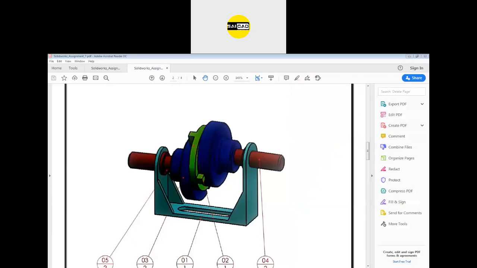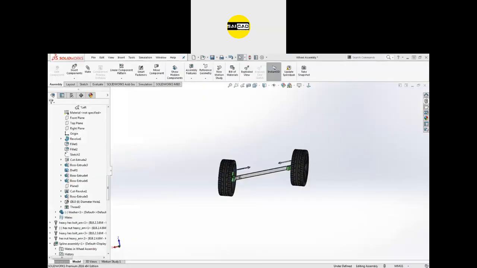Like previously you have submitted your assignment. Yes, it is possible with the help of a mate. Everything is possible in SolidWorks. It is a big software. In this, we have different modules.